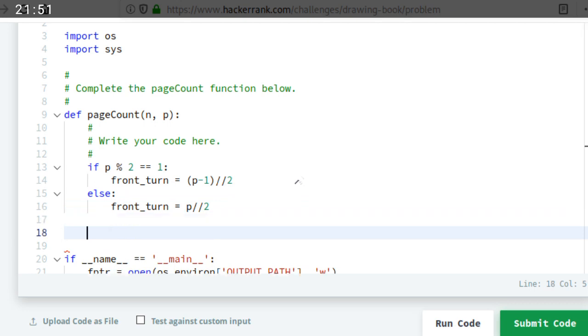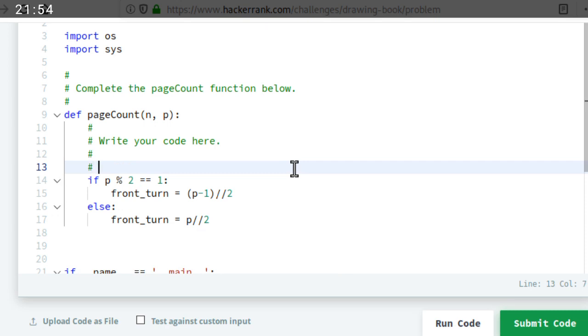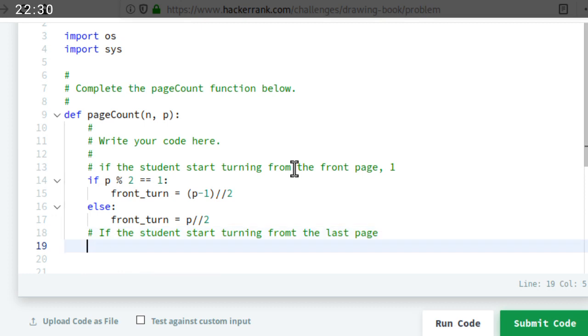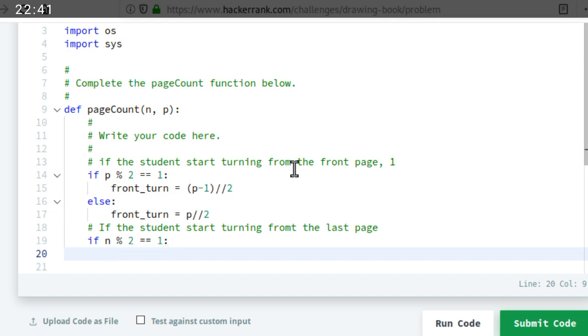What about the back page? In this case, if the student starts turning from the front page, page 1, if the student starts turning from the last page, if n modulus 2 equals 1, which means the value of n is odd,